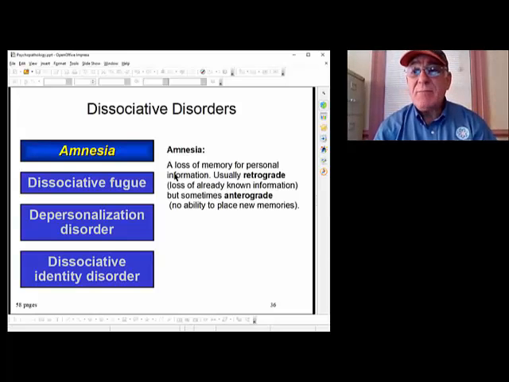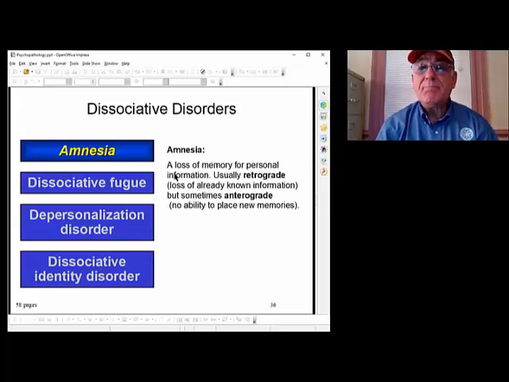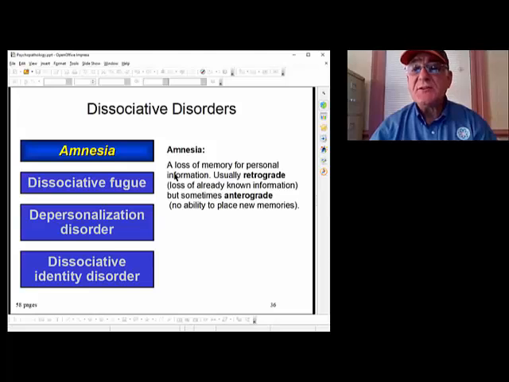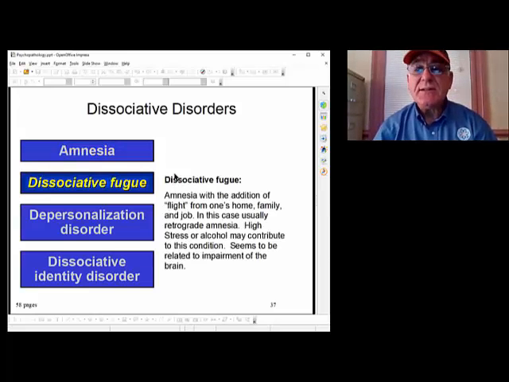Now, this is a temporary loss in most cases, in young people especially, but if you are taking drugs or alcohol, or if you have damage to your brain because you hit your head, or you have a disease of some kind that's damaging your brain, then certainly you can lose information permanently. But most of the dissociative disorders are caused by some form of loss that will recover. Sort of like the brain rebooting, like a computer rebooting. You lost it for a short period of time and then it comes back. That's a dissociative disorder. And then dissociative fugue is the same thing, loss of who you are.